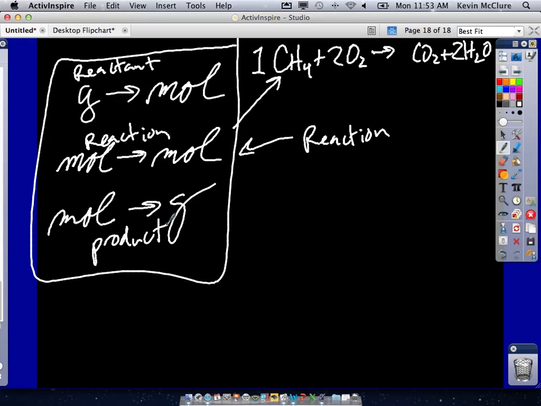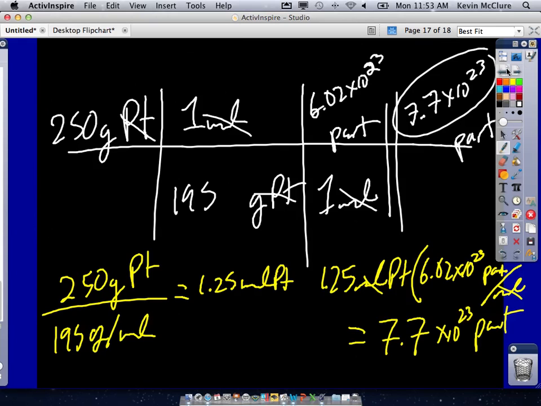Okay, so what do you need to be able to do? This. You know this is going to come on your test or quiz. There is going to be